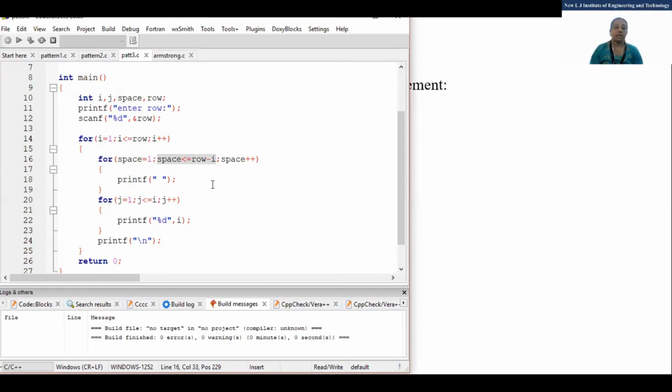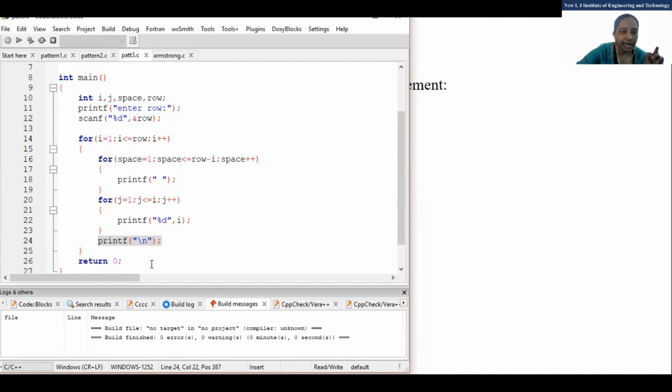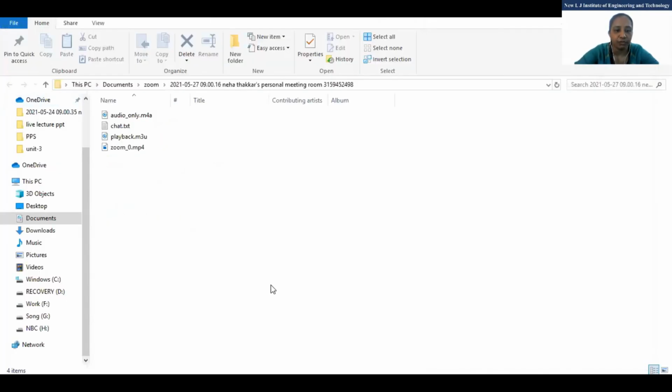Now this is a general program. If I enter 6 rows, it will execute 6 times. Then printf, the value, for that I have taken the J loop, and then slash n for the new line, and return 0. Is there any doubt in the program? Instead of 5, I have taken the variable row and I have scanned that variable. Is there any doubt? So we will run this program and see the output.